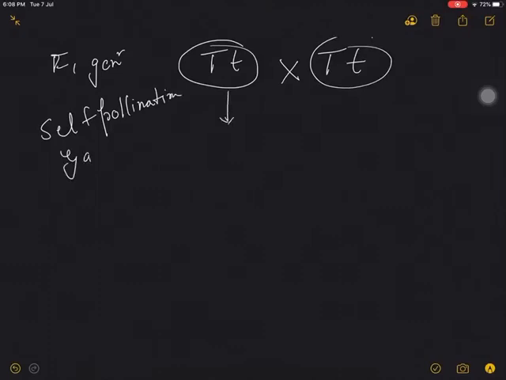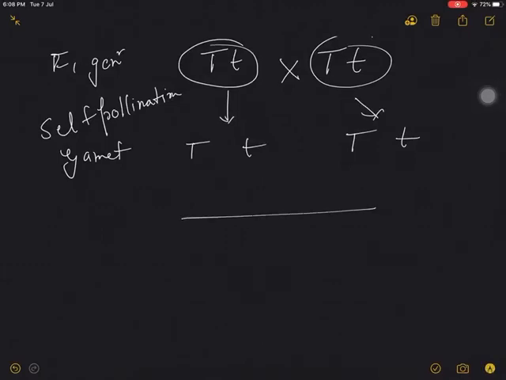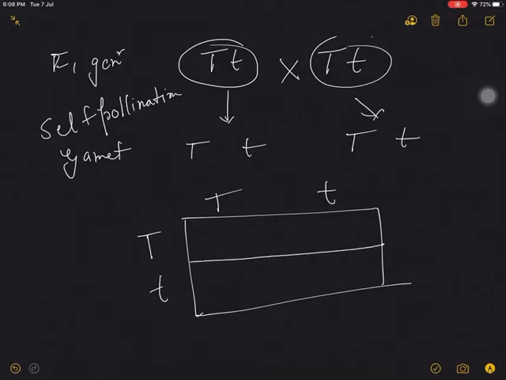Again possibility of the gamete is here, that is Tt, Tt, Tt, Tt. So gamete is formed here, T, t. Now again you make checkerboard, write capital T, small t, capital T, small t for the gamete representation for both of the parents. So what will be the result? He is surprised to see that the character of both parents appear in F2 generation. This is known as F2 generation.